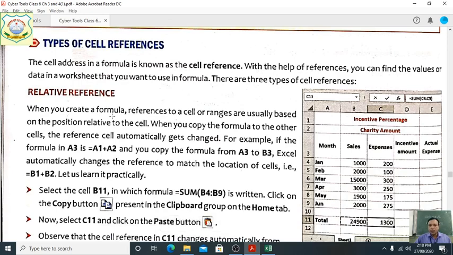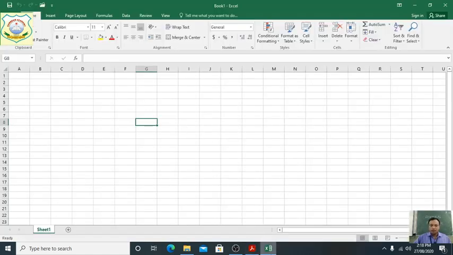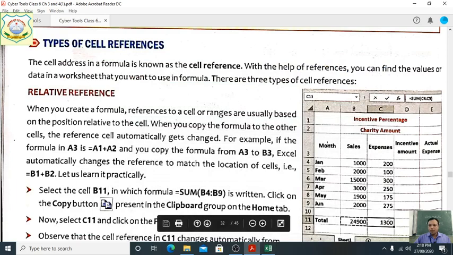When we create a formula, references to cells or ranges are usually based on positions relative to the cell. Suppose we have written equal A1 plus A2, for example. See everyone, the example is given: month, sales, expenses.